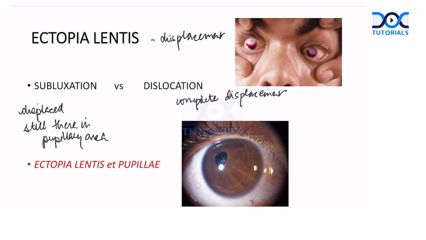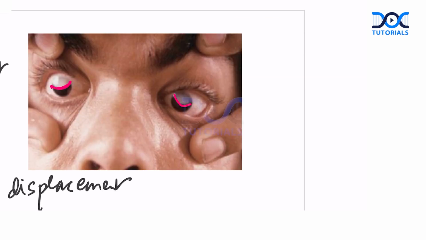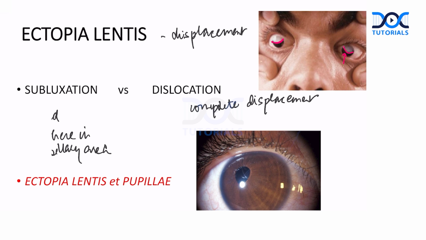So, can I say trauma? There is a trauma, and because of that, there is an injury to the zonules. Yes, when the poor zonules are there, the weak zonules, the traumatized zonules are there, they're not able to hold the lens. So, the good zonules can pull the lens their way, isn't it? So, if I show you this picture again and I ask you where are the zonules weaker, can I say zonules are weaker in the inferior part? That's why good zonules are pulling the lens towards them. Okay, so this is a question. Can I say trauma is the most common cause of subluxation?